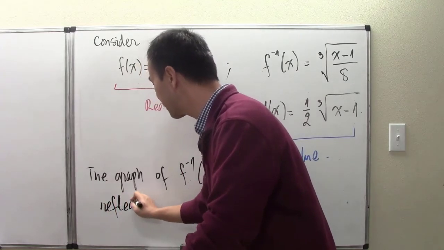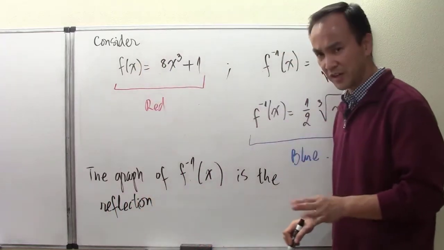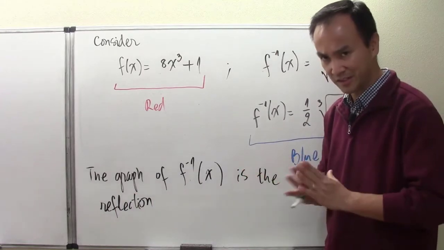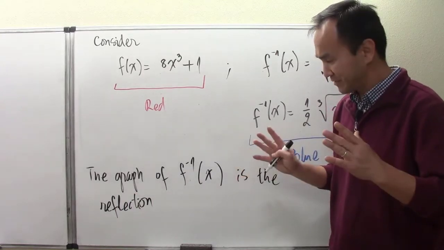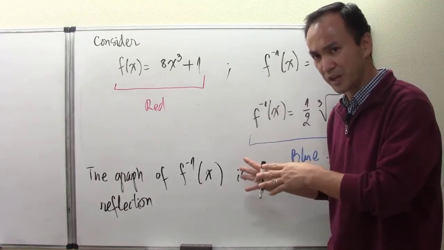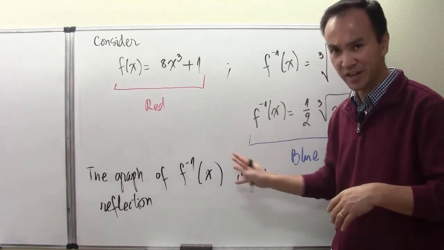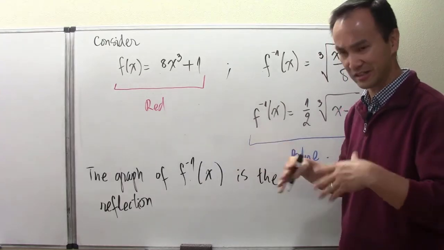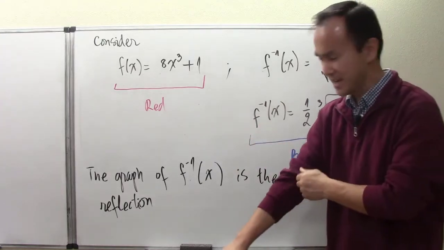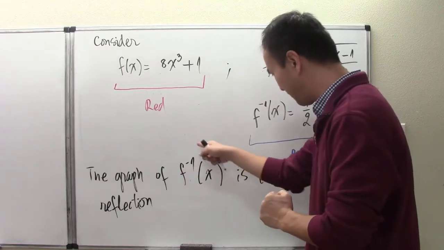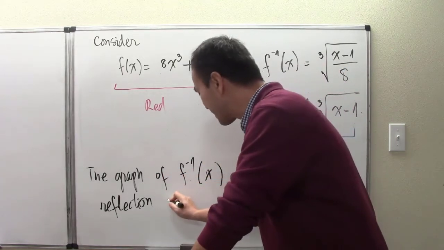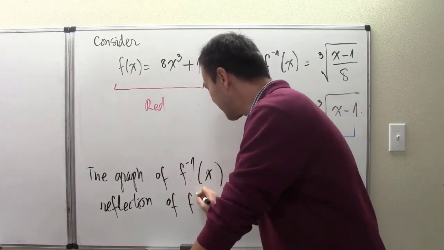It's the reflection, and that observation is really explaining well for a lot of students. So I just jump straight into this point without talking about any other fancy details. The graph of f inverse of x is the reflection of f of x